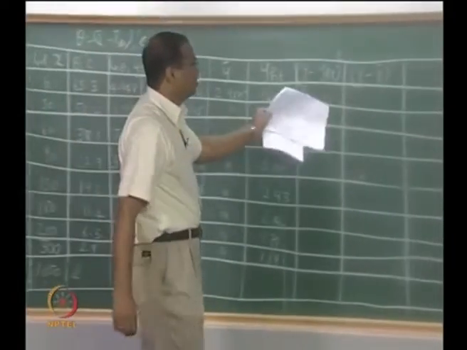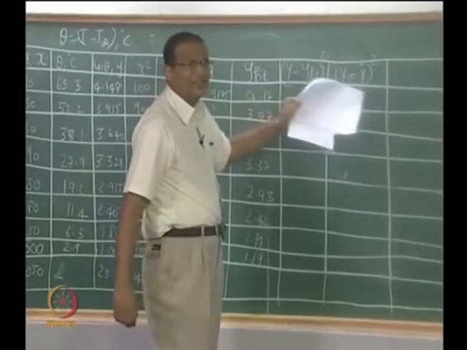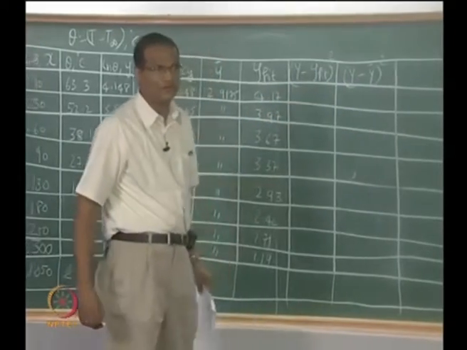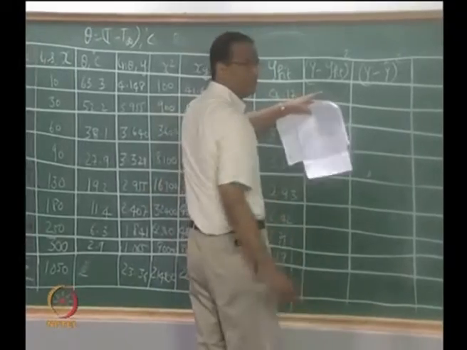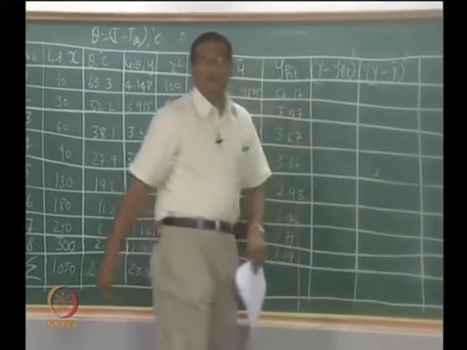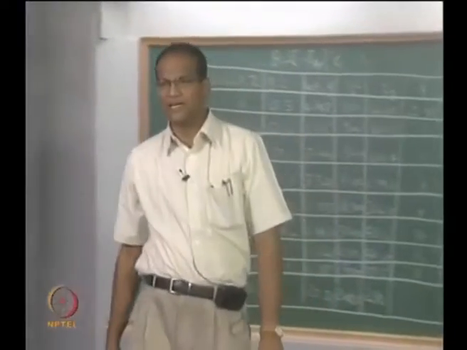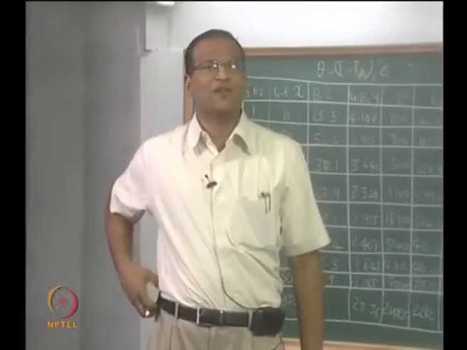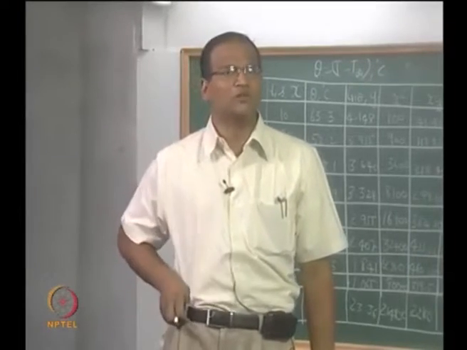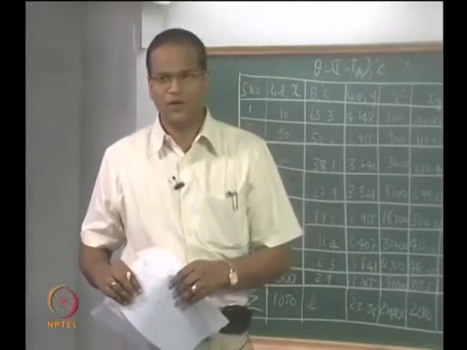Yeah, please do these two columns, you will get ST and SR, and then you can get the correlation coefficient, right. Can you tell me these values? Please don't feel lazy, complete it. You still don't know whether your estimates are good or not, unless you work out the last two columns, you will not know whether the correlation coefficient is good.